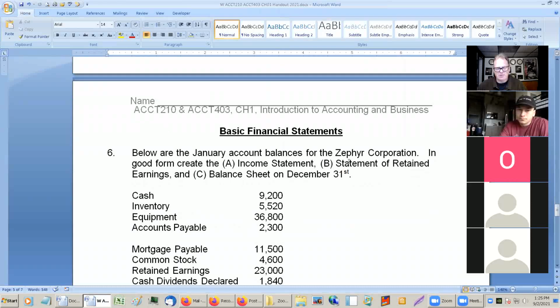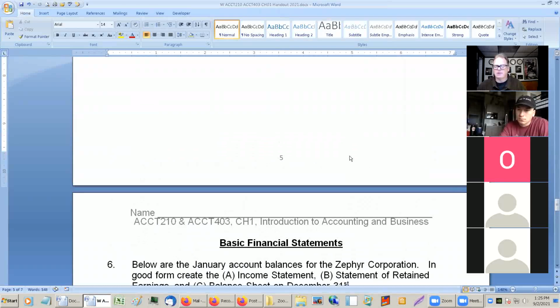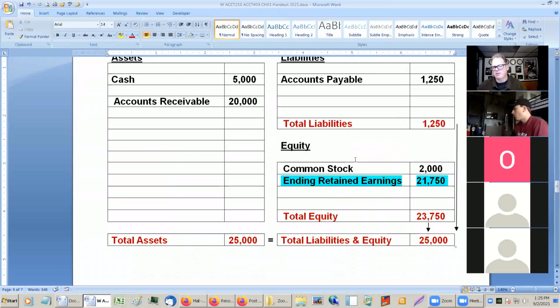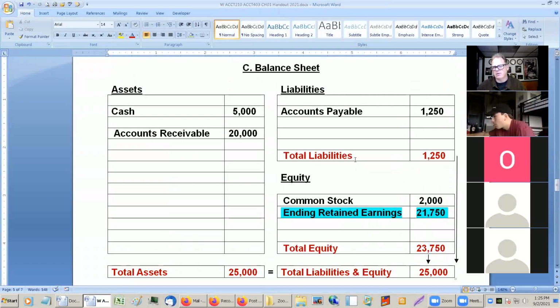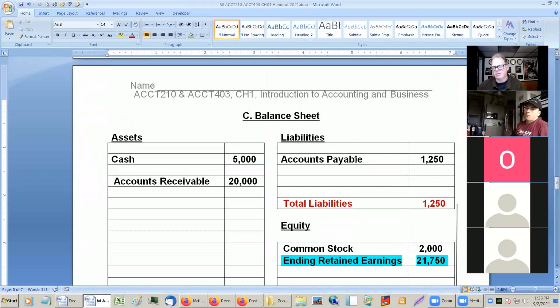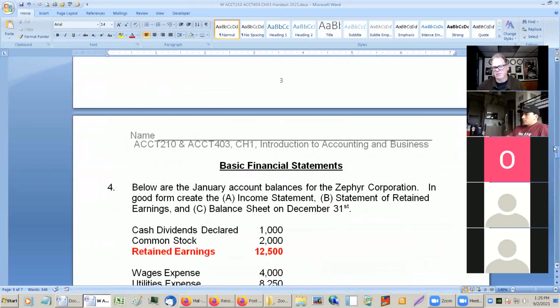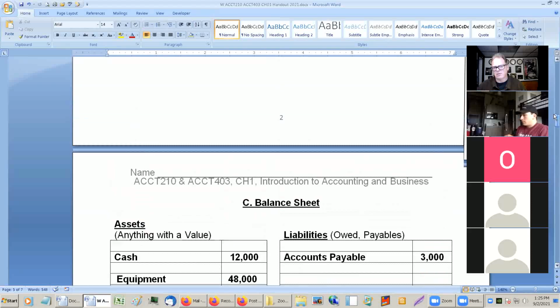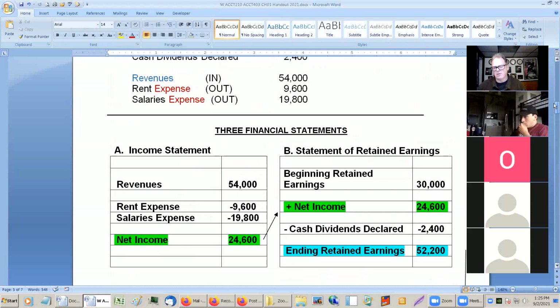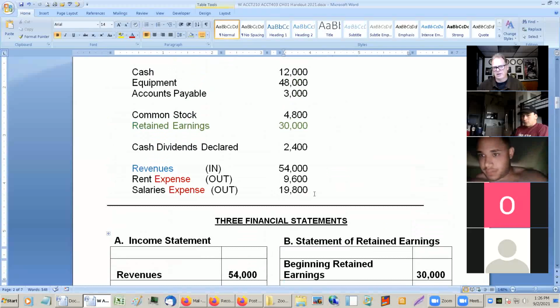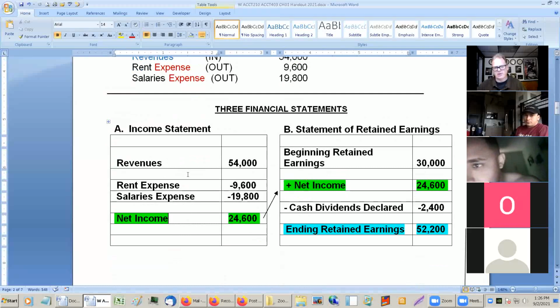Okay. So I have a question. For the statement of retained earnings, I think it was in the first example, how'd you get the net income for beginning retained earnings? Like I know how you got it, the net income with the revenues and the wages and utilities, but I didn't hear how you got it for section B. For this one, on problem 2, it just comes from the income statement.